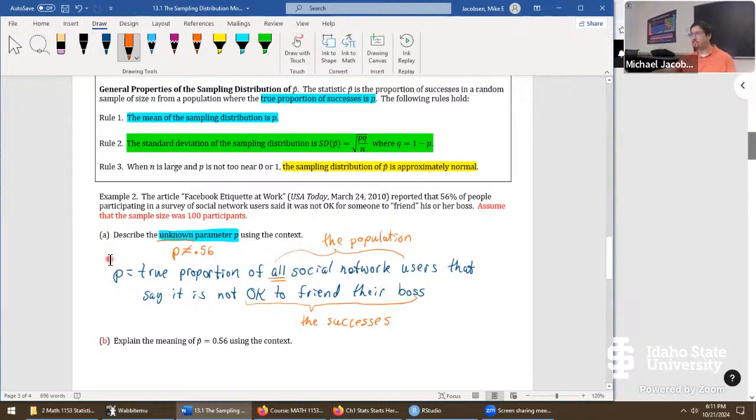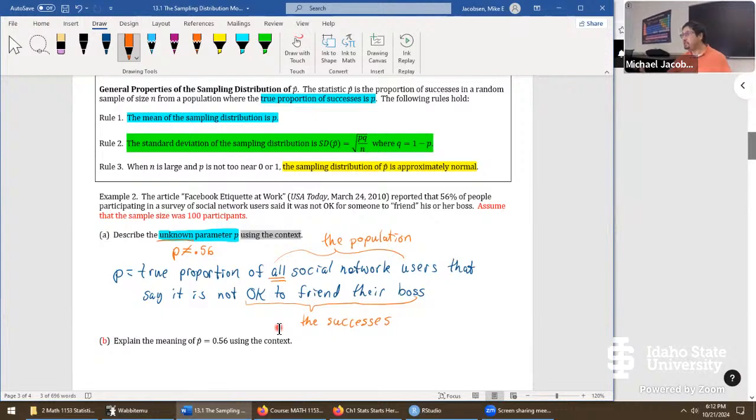We indicate the symbol. It's either going to be p or mu. We'll look into estimates with mu later on in a different chapter. So in chapter 13, the parameter is always p. We have to say proportion somewhere, because it's a proportion or a percentage. The population has to be mentioned and the successes have to be mentioned in order to hit the context. Again, it's pretty tricky, but starting in chapter 13, we're going to be practicing this almost routinely on every new problem. Any questions at all, folks, with our indication of the parameter?